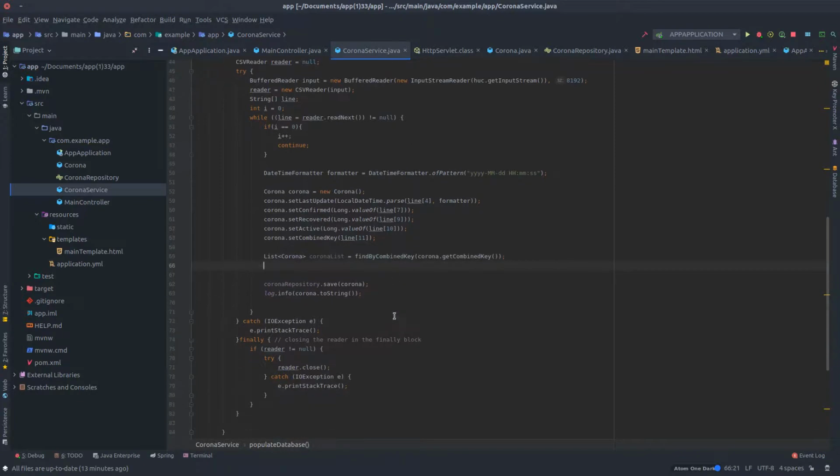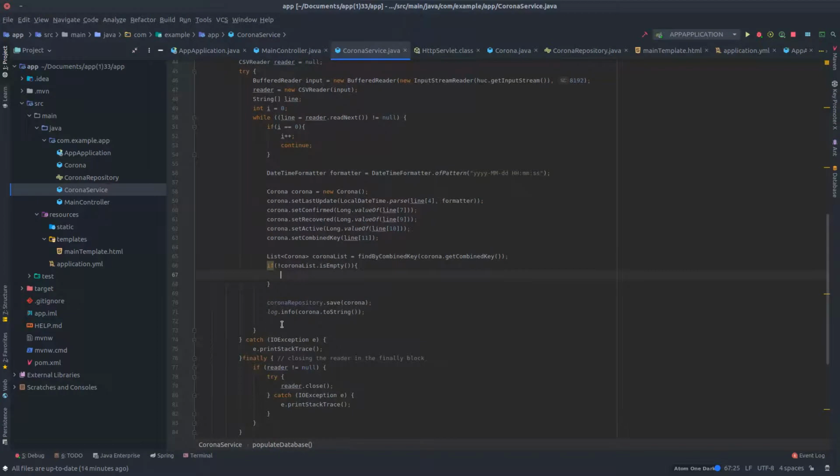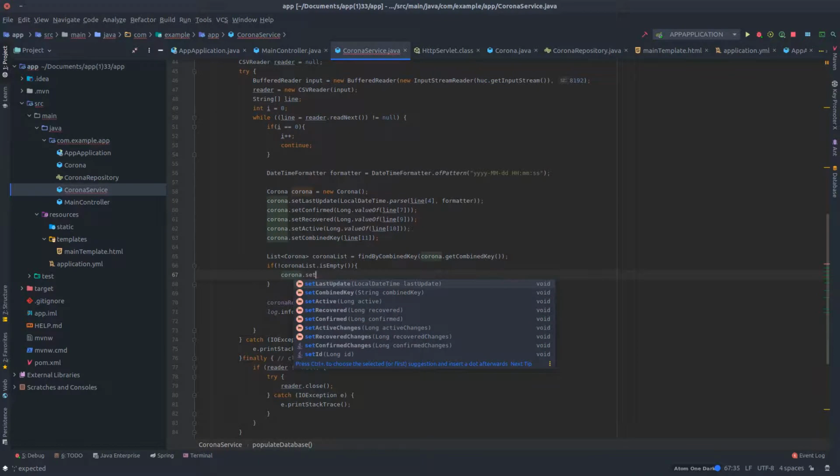And then, so obviously, if this doesn't return anything, then we don't have anything in our database. On the other hand, if it's actually not empty, then we can go ahead and do our logic. So corona list is empty and we're negating it. So if it's not empty, then we're gonna populate the changes columns,